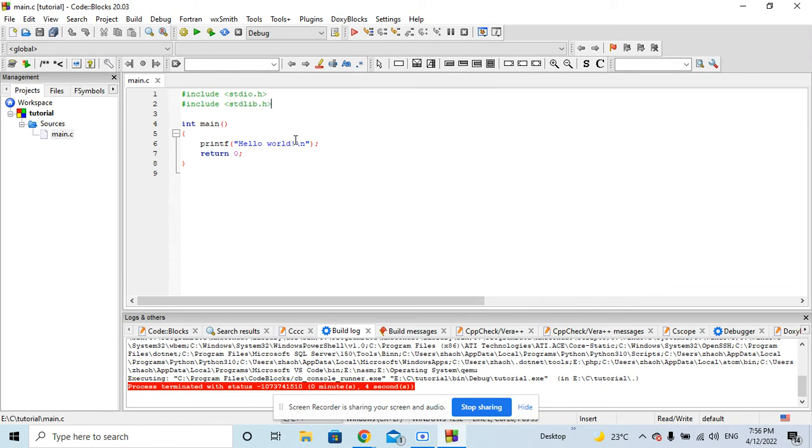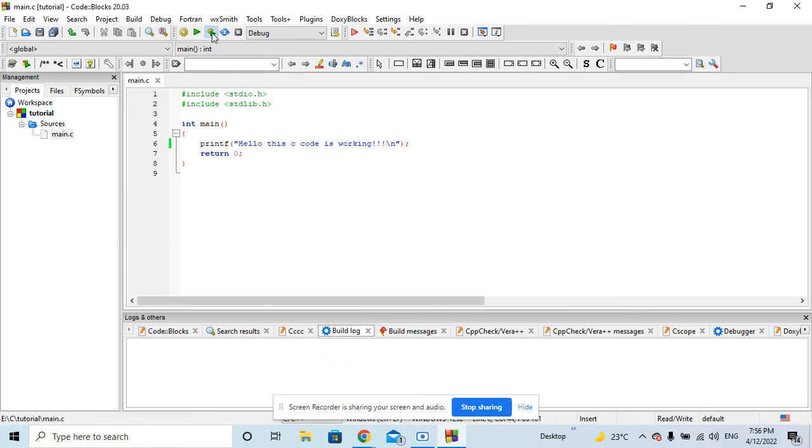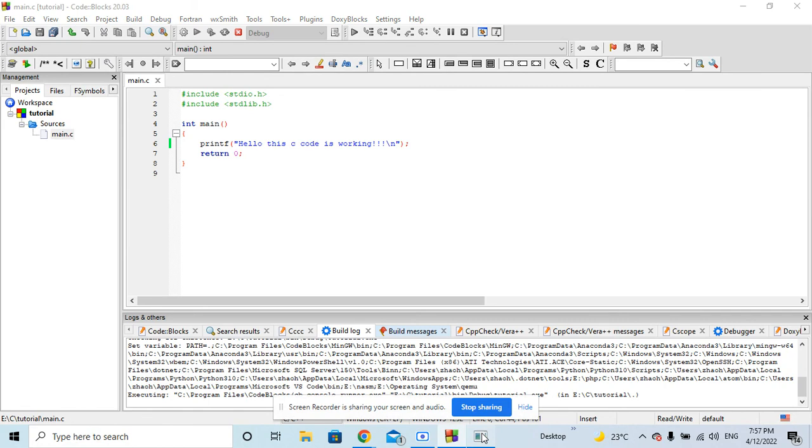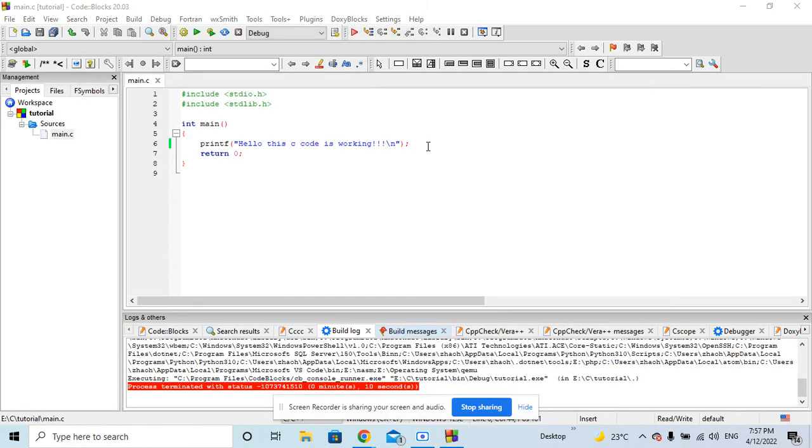So, let's print hello, this C code is working. That is the printf statement. Yeah,